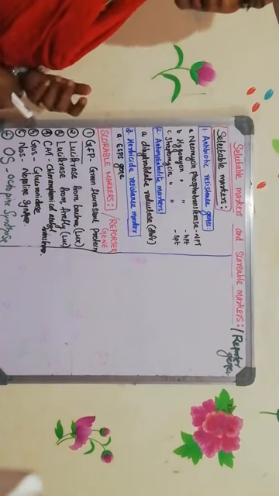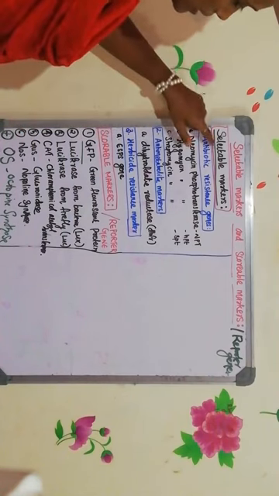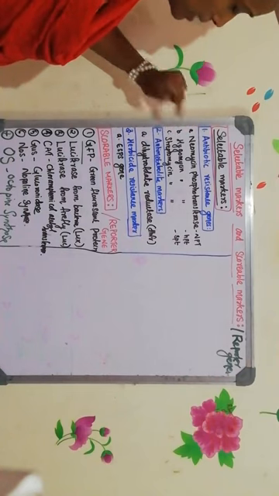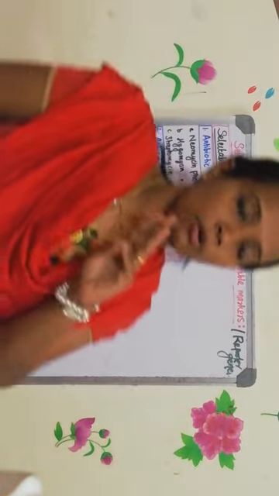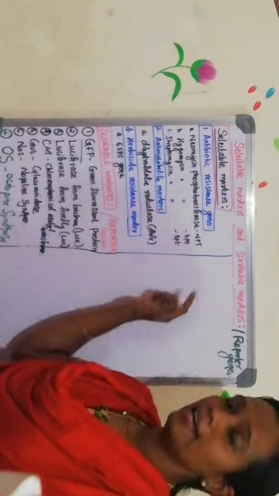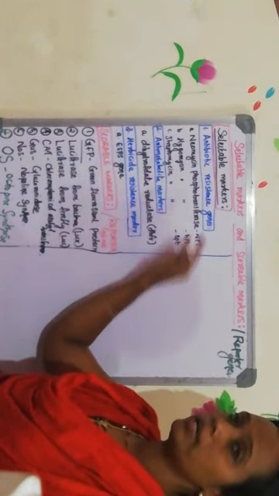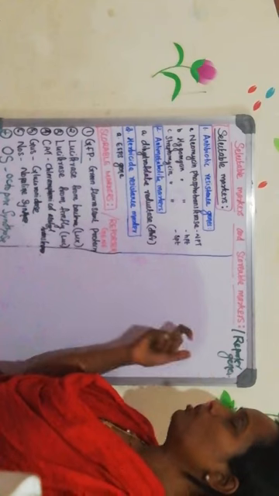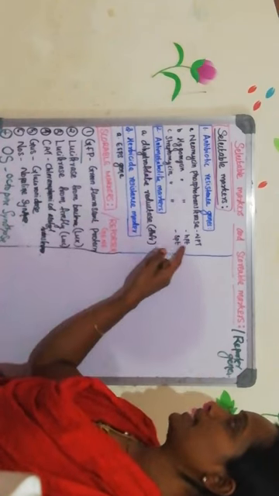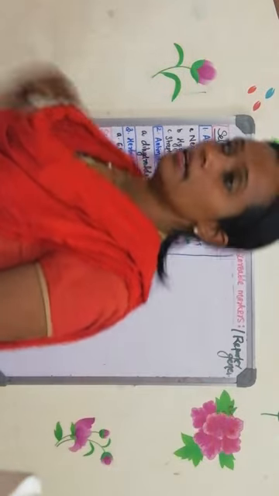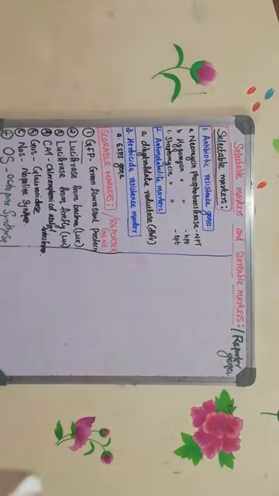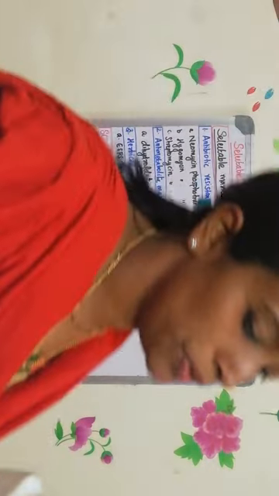Under the syllabus, they have given a few examples also, so I will be dealing with all the examples given in the syllabus. One is the selectable marker. Under that, it is the antibiotic resistance gene. Under the antibiotic resistance gene, we are going to discuss three different types. The first one is known as NPT. NPT stands for neomycin phosphotransferase. The NPT gene codes for neomycin phosphotransferase. The second one is known as HPT, which stands for hygromycin phosphotransferase, and the third one is known as SPT, which stands for streptomycin phosphotransferase.